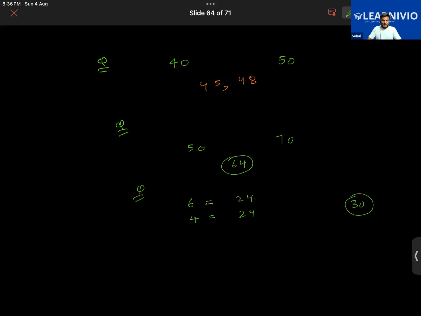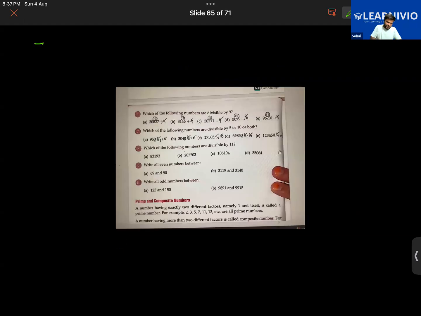In the last question, you had to write down a multiple of both 7 and 3 that is less than 50. What answer have you given for question number 4? 27? Just wait a minute. Multiple of 7 and 3, and it has to be less than 50. Okay, let us do this one.